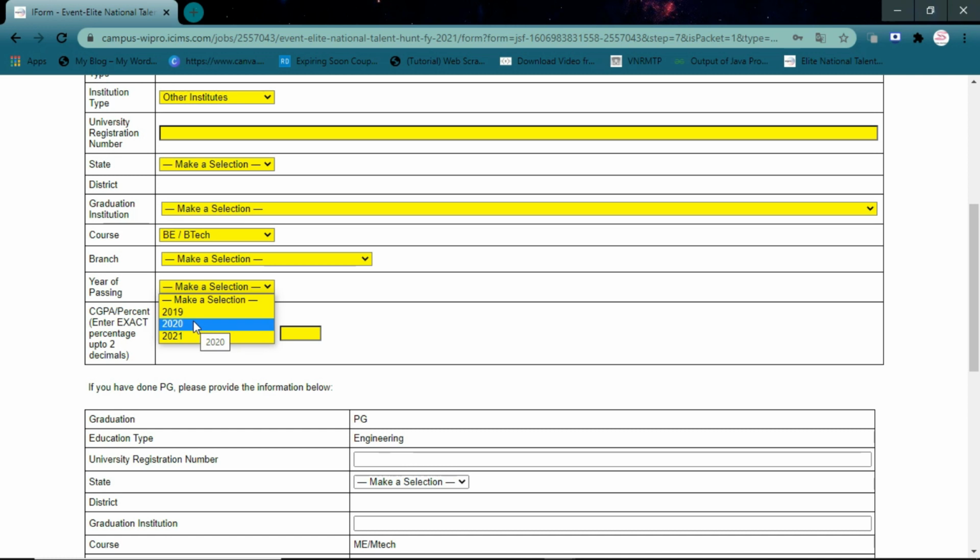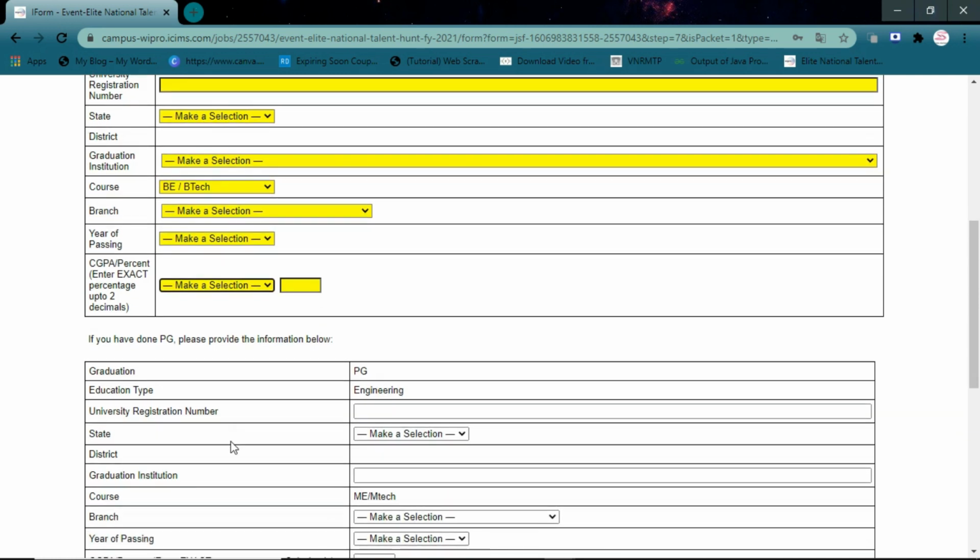Here it is showing up to 2019, so that all 2019, 2020 and 2021 candidates who meet the eligibility criteria can apply for this job. And next, select your aggregate type as CGPA or percentage, and enter the percentage or CGPA in the text box.